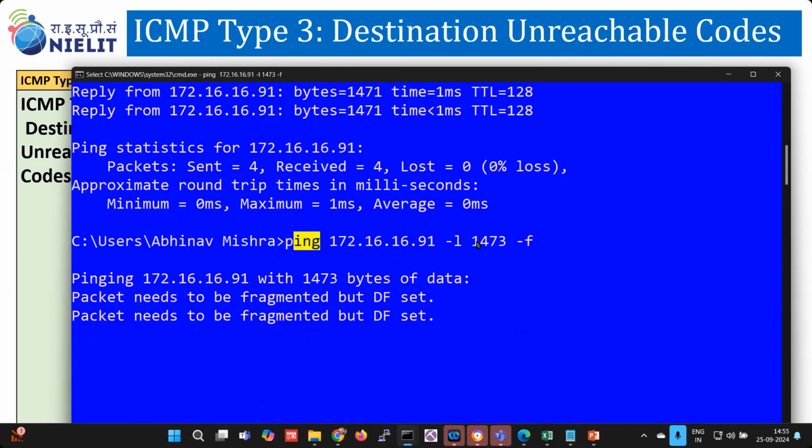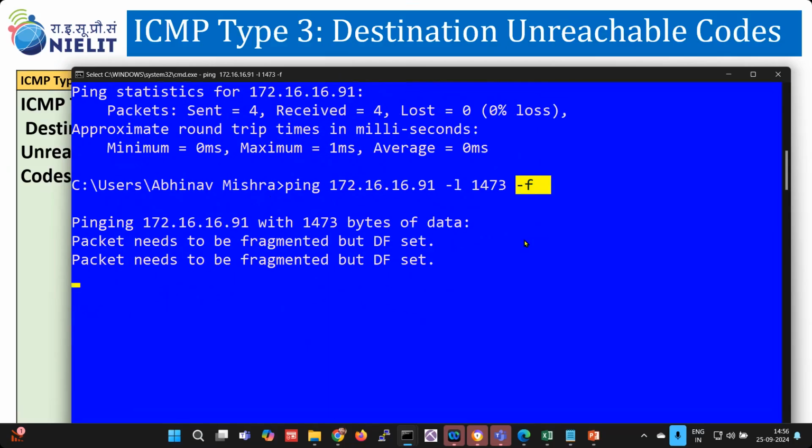8 प्लस 20, 1501 आ रहा है। So there will be two fragments for 1501 byte. One fragment will have 1500 byte, second fragment will have 1 byte. तो ये दो फ्रैगमेंट बनेंगे और आपने रेस्ट्रिक्शन लगा रखा है कि दोनों फ्रैगमेंट करो। अगर फ्रैगमेंट होगा तो उसको ट्रांसमिट नहीं करना है।